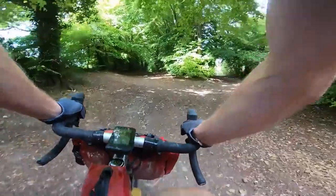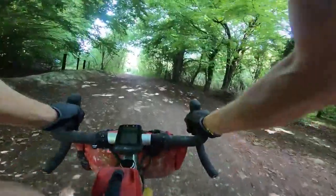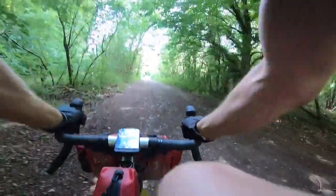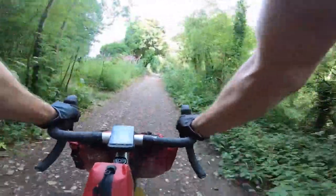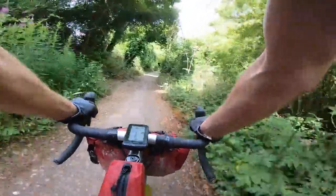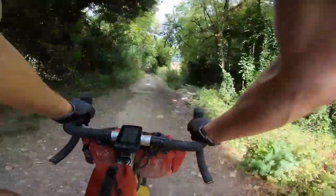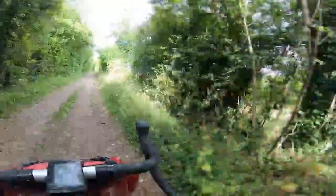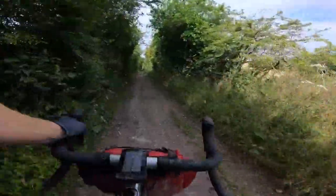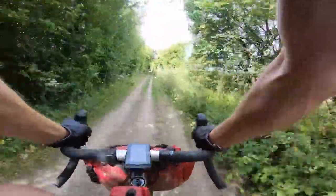Well, getting to the top of here has made me fairly happy, and we're now onto the Clarendon Way, so I think from doing the preliminary write-up, we've got a nice long descent from here, and also there's a nature reserve just off to the right that's full of very rare butterflies. There's some incredible views over the valley,